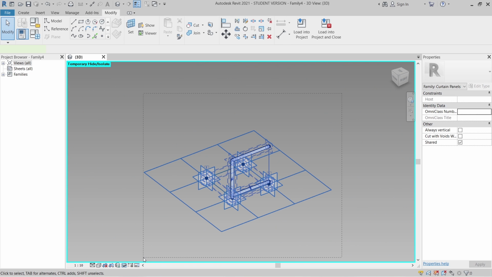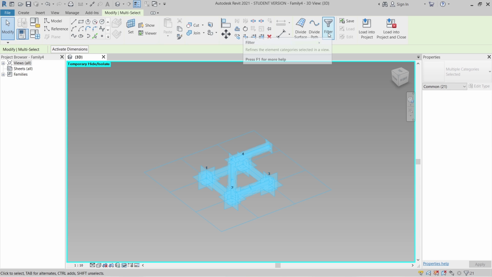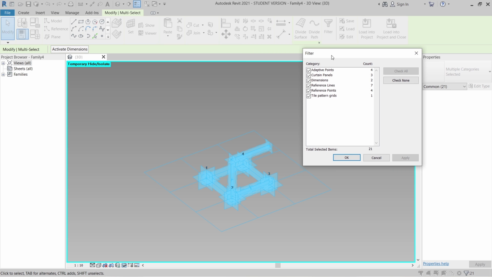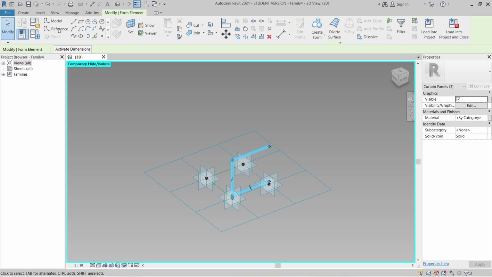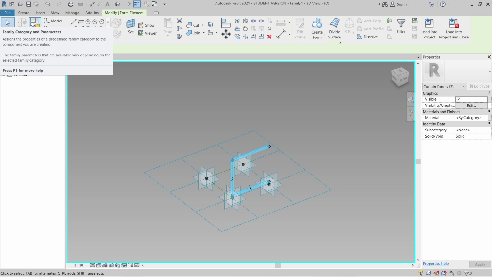I can select all like this, then take a look on our toolbar there, select our filter, simply check none and open take back for curtain panel. The reason here is a curtain panel. You can take a look there is a material family, category and parameter, so that you will know that.